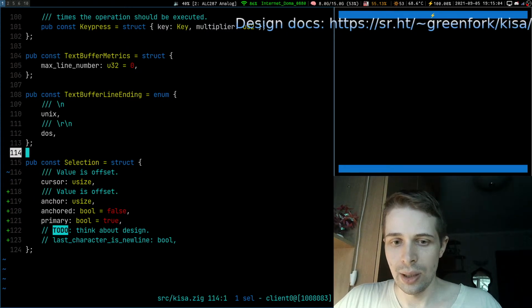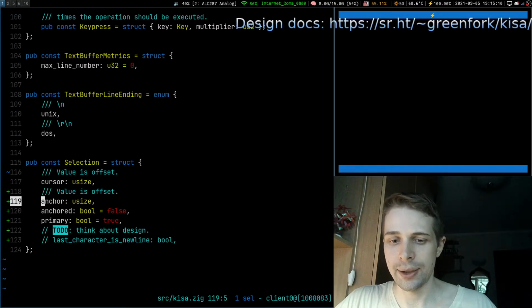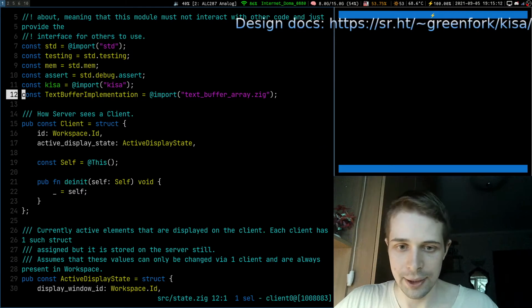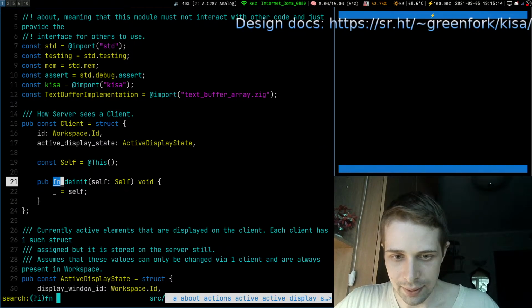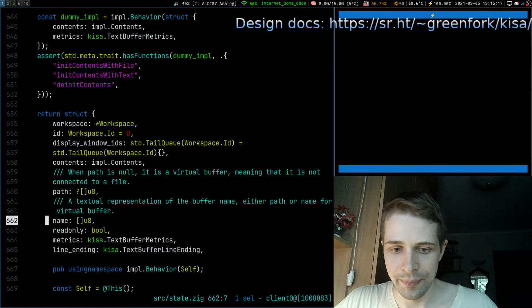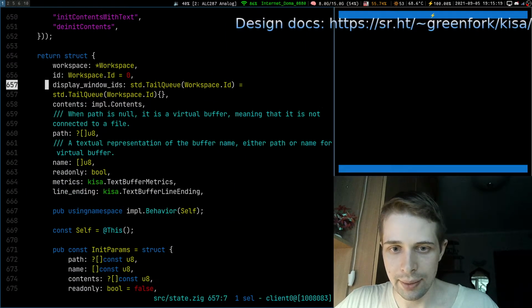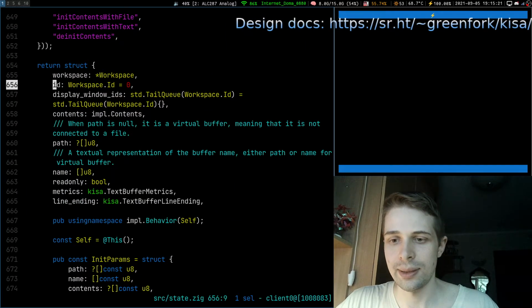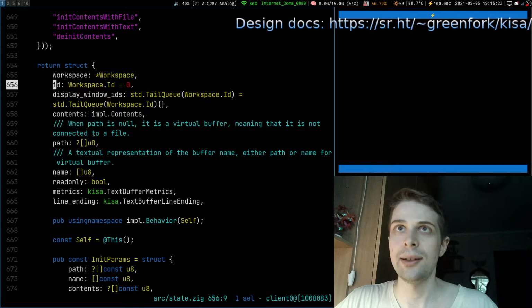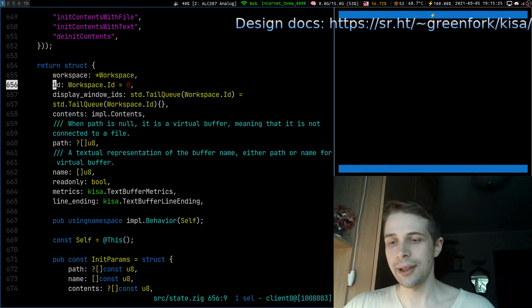So when we first create a buffer, we should actually already have a selection, right? Let's add a selection. In the text buffer constructor, here we will have a selection because it is part of the state of a buffer. Is this right?